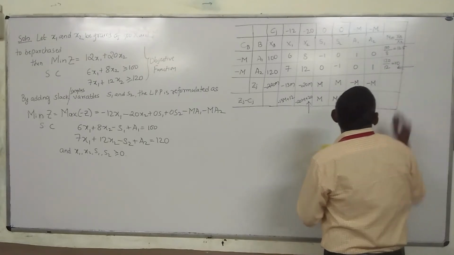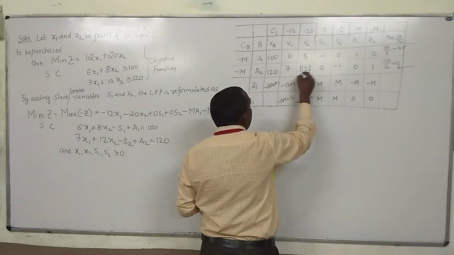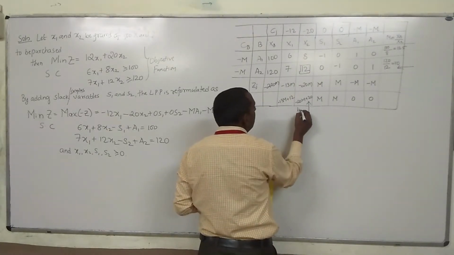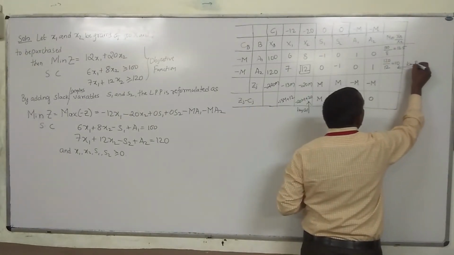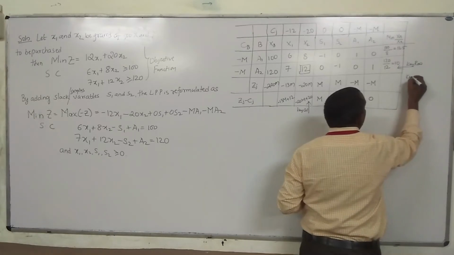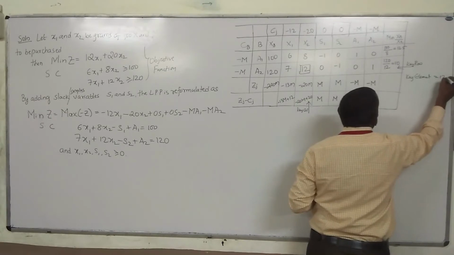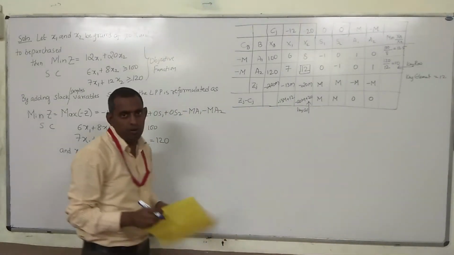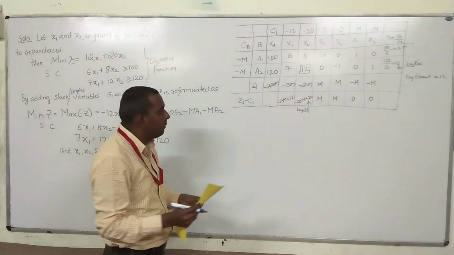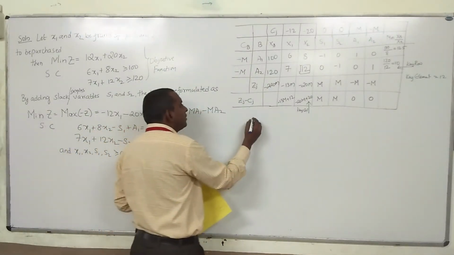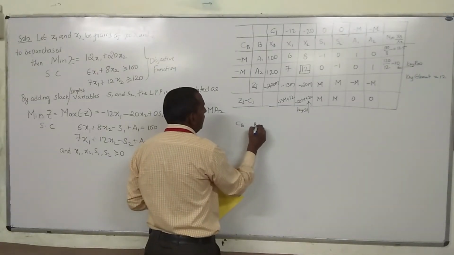So which is the minimum value here? This is the minimum value. The intersection of this is called the key element. This is the key column and this is the key row. Then the key element is how much? 12. Fine. So this is the first simplex table. Then we need to go for the next simplex table. Again I will draw CB, B,